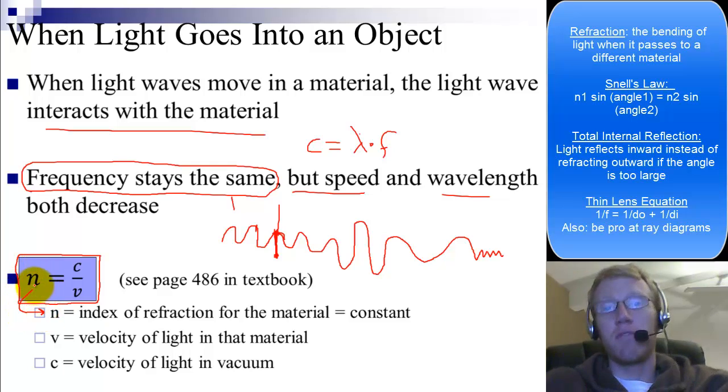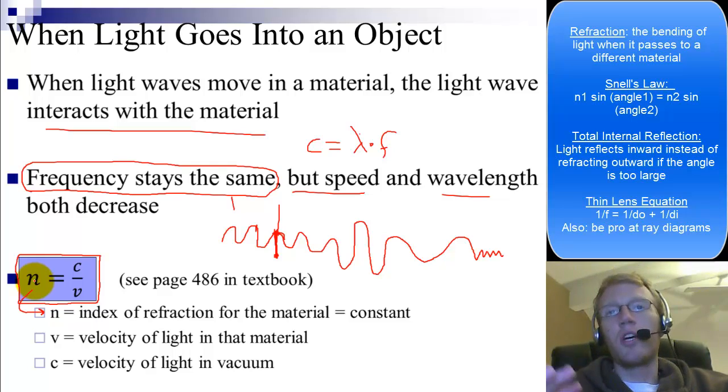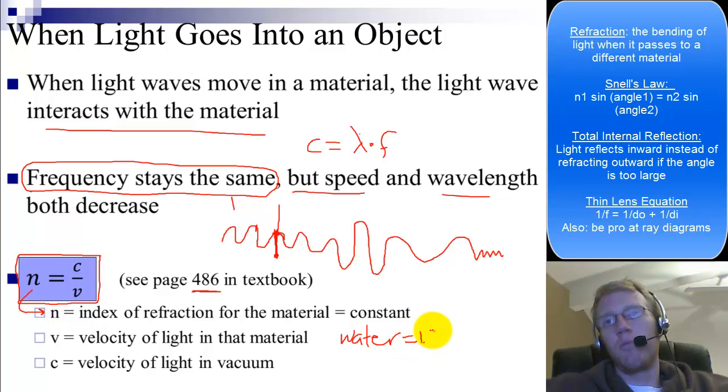The higher the index of refraction, the more the light slows down, and then we'll see later on the more it causes the light to bend. And for a given material, the index of refraction is constant. So if you look in your book on page 486, there's a whole table. For example, water, you should memorize, is 1.33. Glass, there's a lot of types of glass, but in general we just figure glass is around 1.5, and diamond